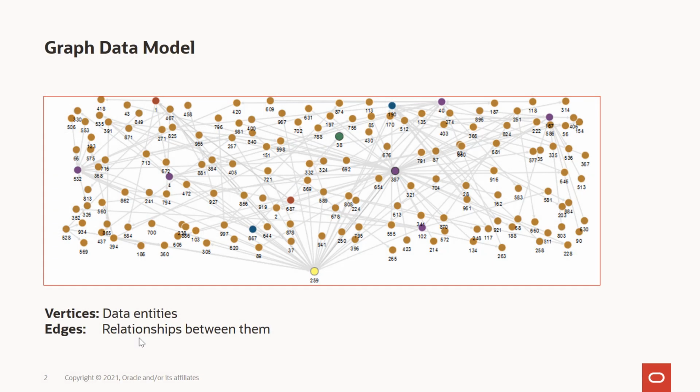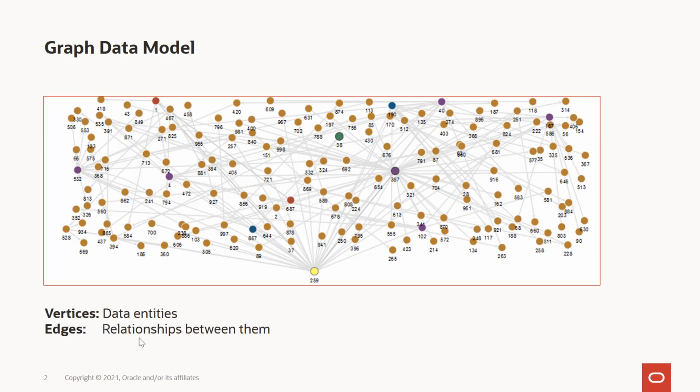When you model your data as a graph, you represent your data entities as vertices and any relationships between them as edges. For example, if you're modeling your customer data set as a graph, customers become vertices in your graph when they're naturally the data entities, and relationships between them or between them and other types of data entities become edges. For example, if you have products vertices in your graph, every time a customer buys a product, that becomes